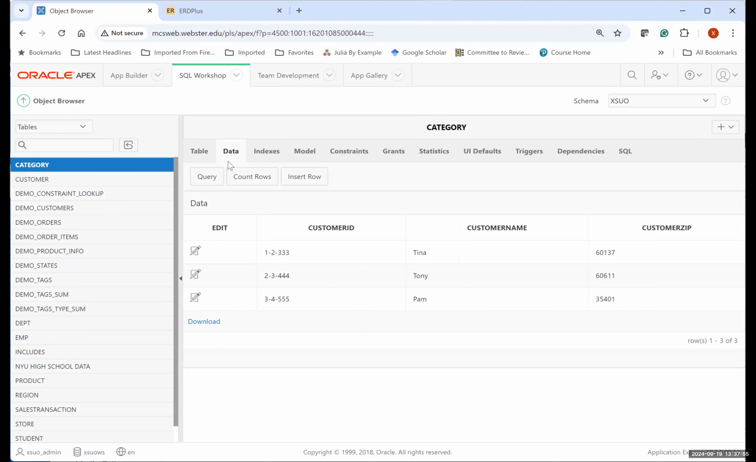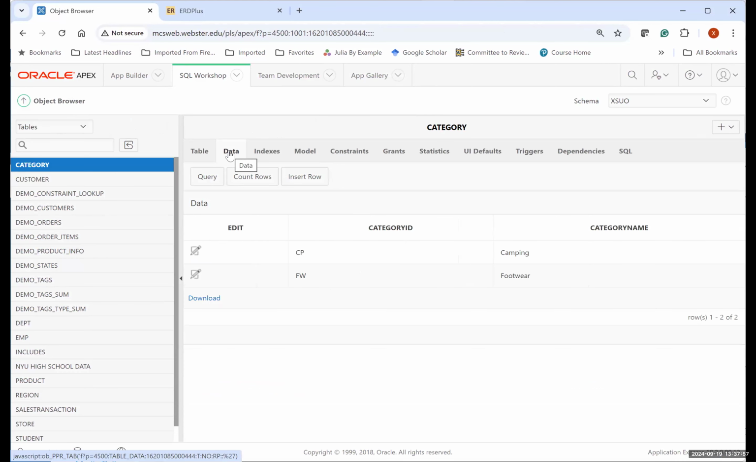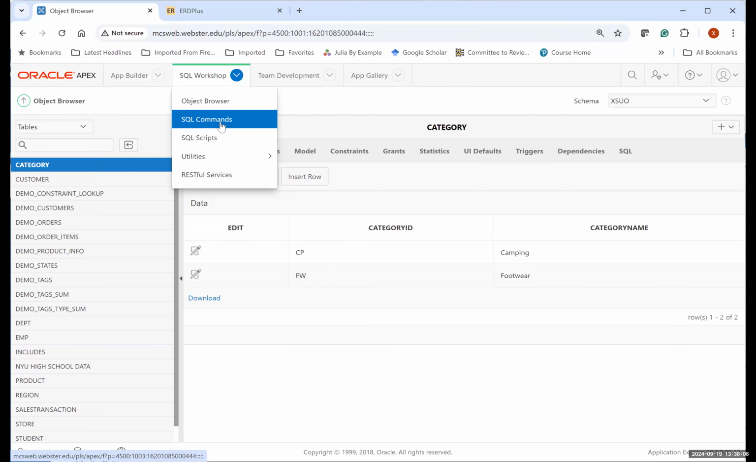If you go to category, do you also see the data being populated here, right? So these are the data we mentioned last night, if you recall. There's category ID and so on and so forth. So at this point of time, you can go to your SQL Workshop and you can go to,